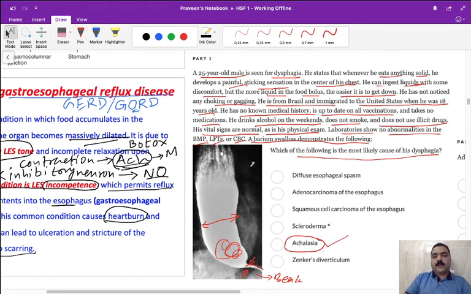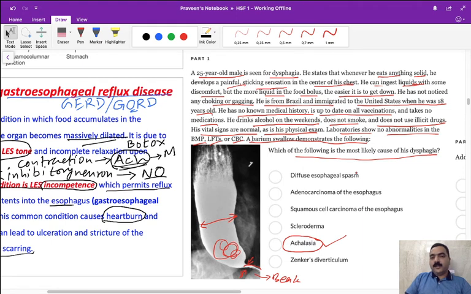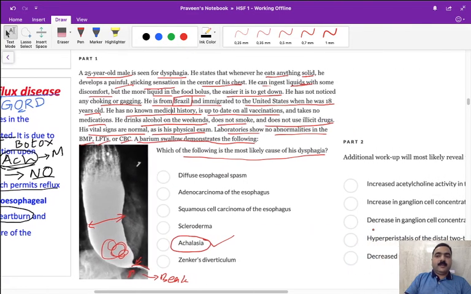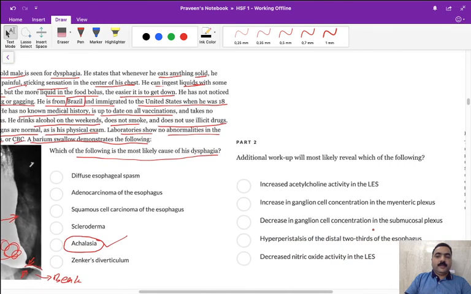Now importantly, once you understand this part, let's go into the physiological question of it. Until now, what you have seen is mostly what we are going to study in your pathology, all these phenomena and properties, and why the importance of traveling to Brazil, and how trypanosomiasis can also precipitate achalasia. You will learn more in pathology. But as far as the physiology part is concerned, once you know that it is achalasia, what are the things that you have to know? That is very important over here.